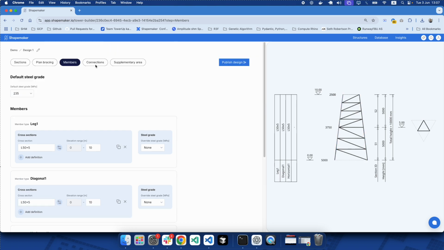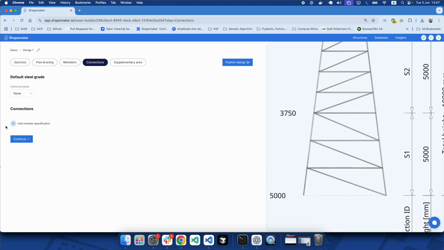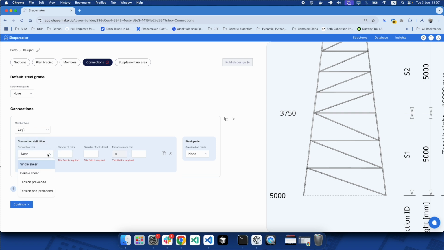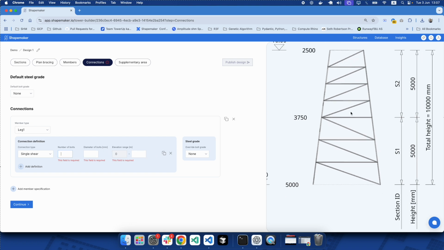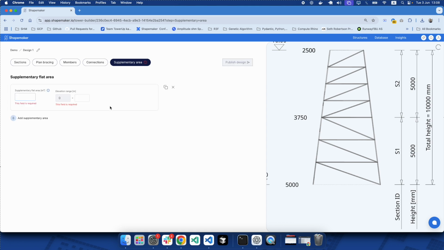Next is the connections that need to be specified. If you have connections in your tower, you can specify them in different elevations, again per member type, so you can choose which member type you're specifying the connection for, and you can choose number of bolts, diameter of bolts, and which elevation it should be applied to. But I will skip connections for this quick intro, but you can also specify supplementary flat areas that will be added to the panels